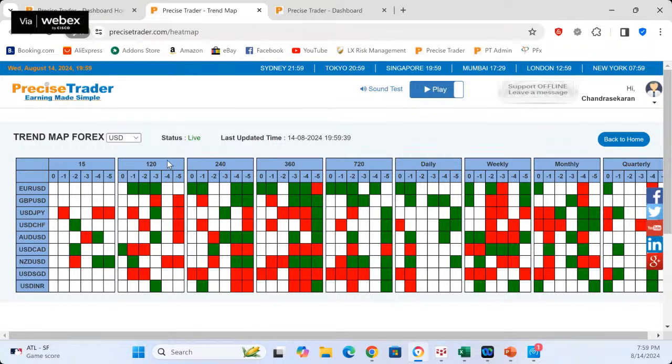Dollar yen, the 2 hours is already showing strength. That means it's already showing weakness on the dollar yen. Okay, that means strength on the yen, weakness on the dollar. All right. So this is showing that this may come down in the event the data is bad. Dollar Swiss daily is down, so this is also expected toward data weakness. And Aussie dollar is flat, so no doubt it's showing strength.